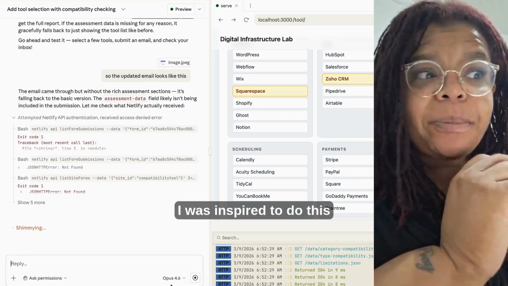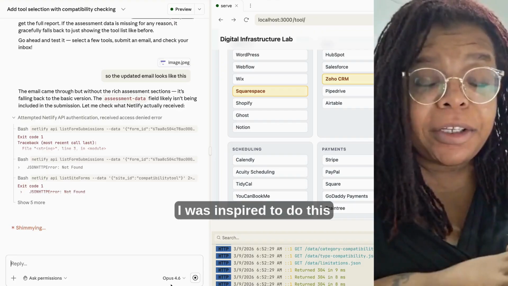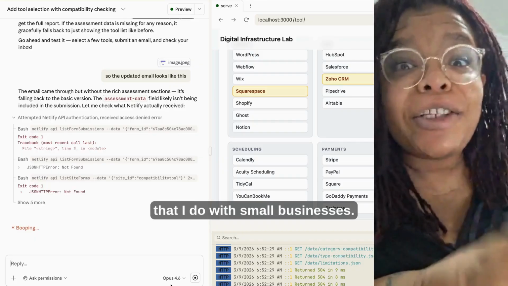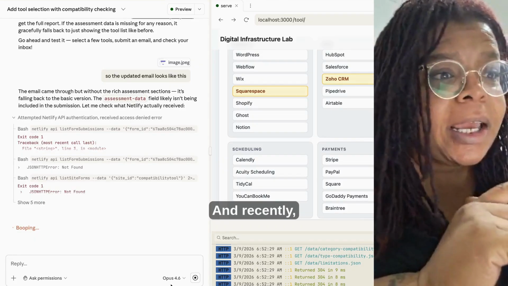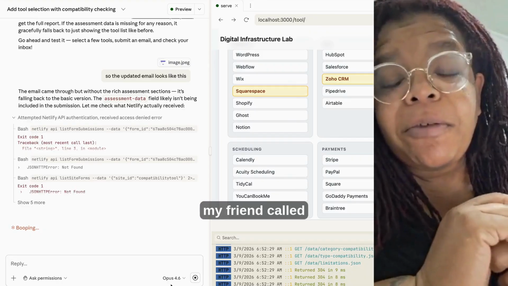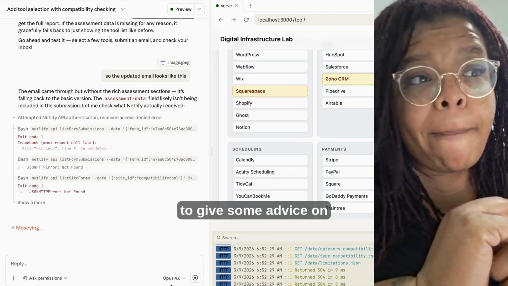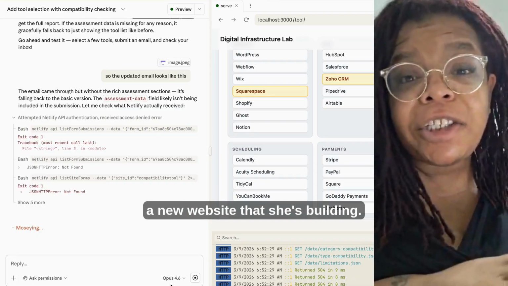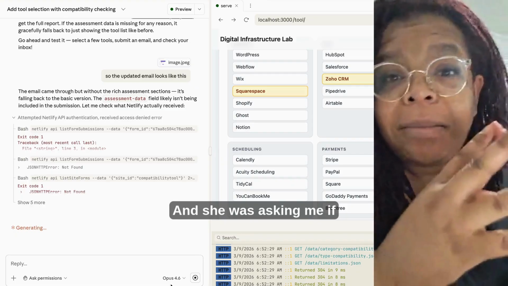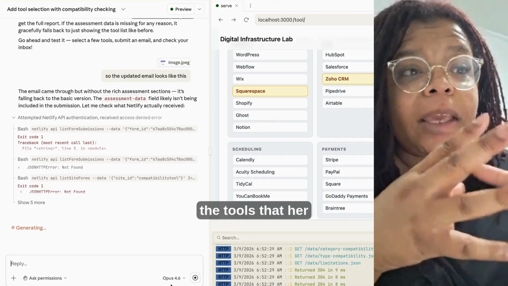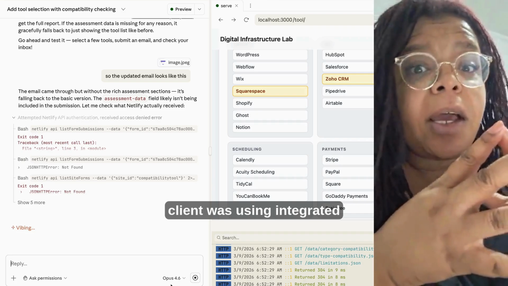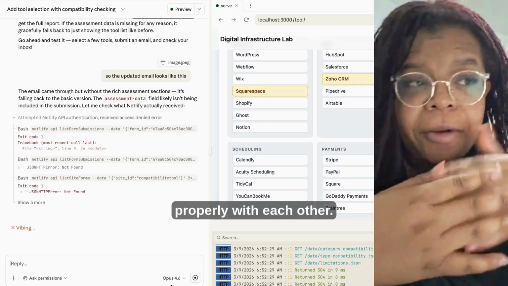So I was inspired to do this because of the work that I do with small businesses. Recently my friend called to get some advice on a new website that she's building, and she was asking me if the tools that her client was using integrated properly with each other.